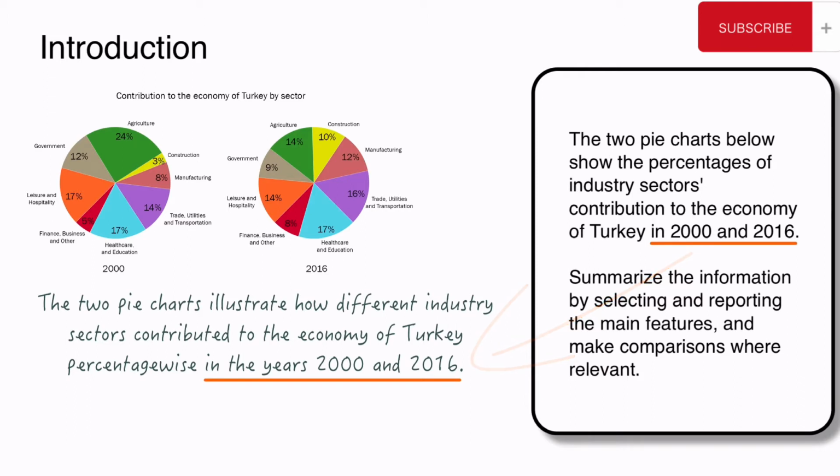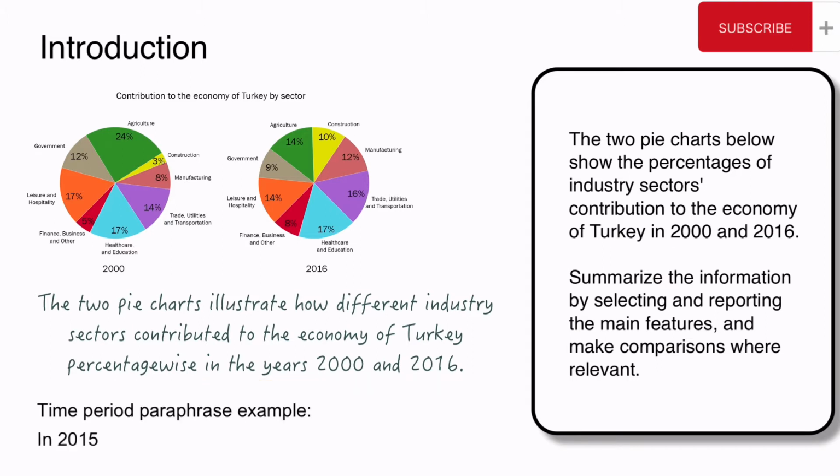And you can also paraphrase the time period expression in such a way. For example, in 2015 will become in the year 2015. In 2015, 2016 and 2017 will become in the years 2015, 2016 and 2017. Okay, that's all with our introduction. It is clear and specific, so when the examiner starts reading this essay, he will easily understand what our pie